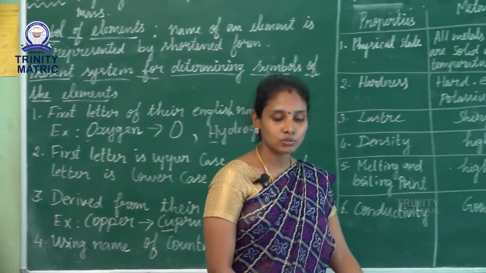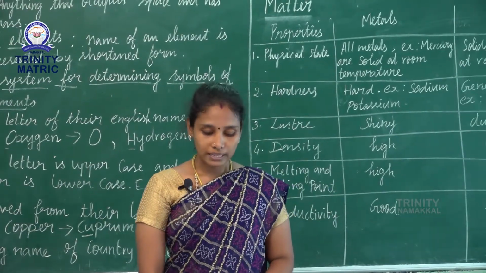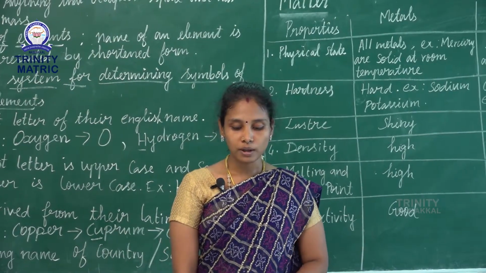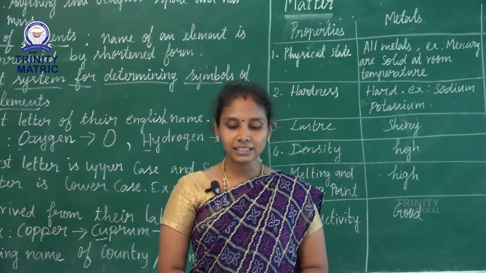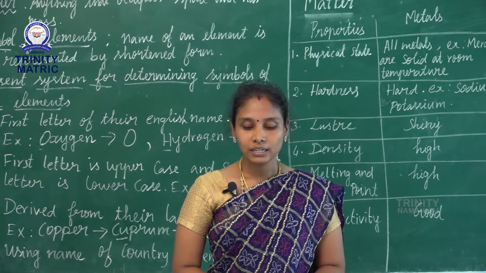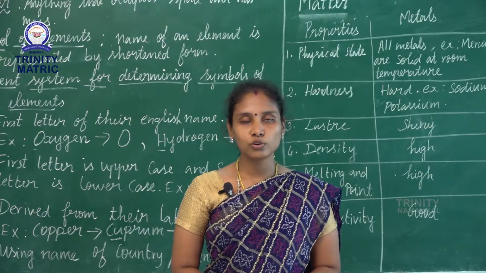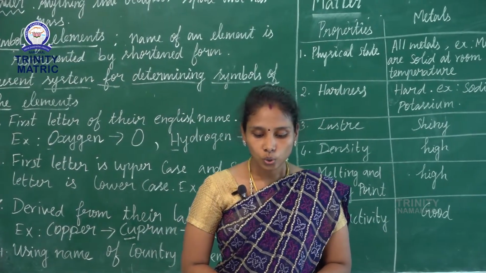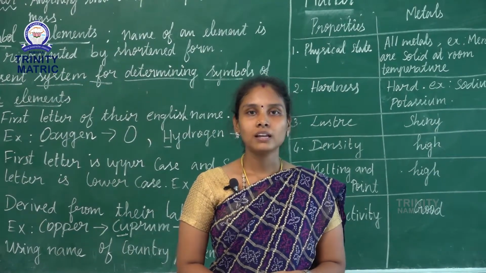Okay. Next we have to see metals and non-metals. Even today, the index of prosperity of our country depends upon the amount of metals and non-metals produced and used. The wealth of a country is measured by the amount of gold in its reserve. These days, metals and non-metals are used for making tools, machines, cars, utensils, etc. The elements are classified into metals, non-metals and metalloids.